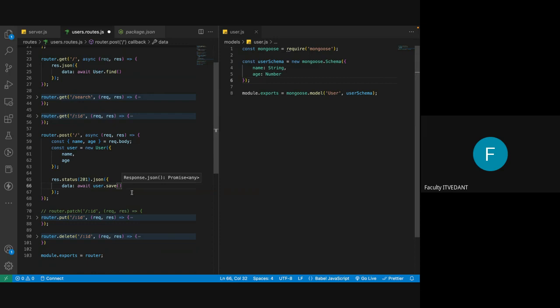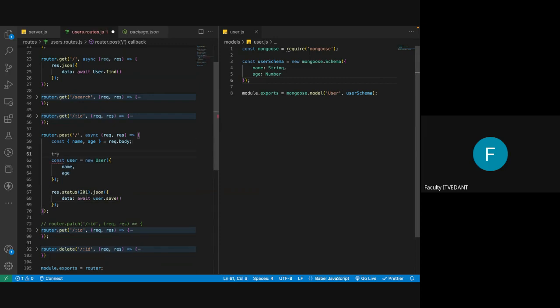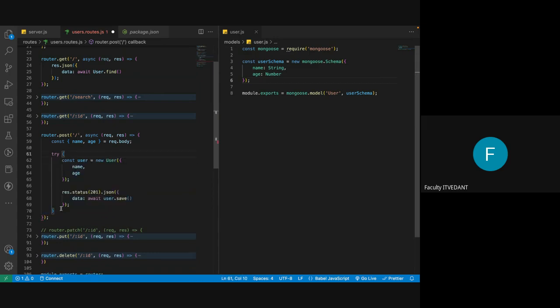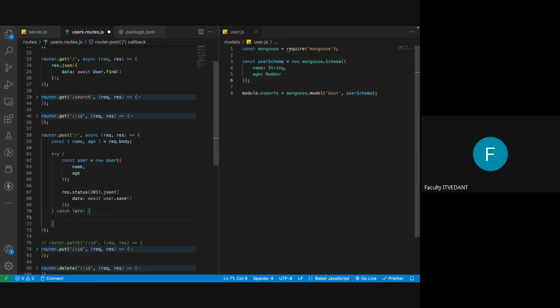Right now all things are optional. But if you introduce validations later on, then you might encounter some errors. So in that case, what you can do is wrap this code in a try catch block. We can wrap this entire code like this, and then we can say catch error here, and if there is an error, we can send